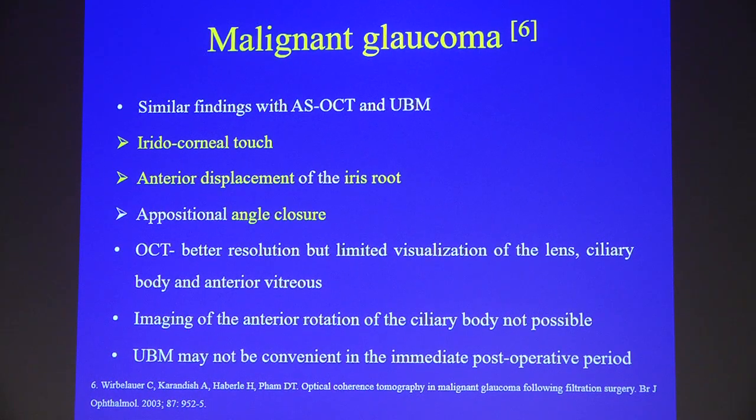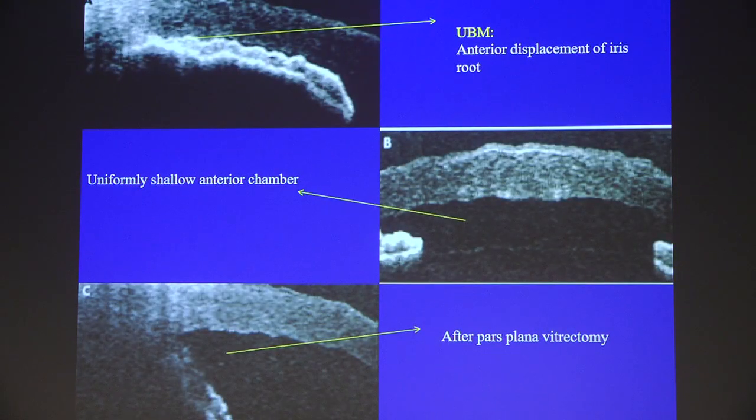Similar findings with ASOCT and the UBM: iridocorneal touch, anterior displacement of the iris root, appositional angle closure. OCT has better resolution but limited visualization of the lens, ciliary body and anterior vitreous. Imaging of the anterior rotation of the ciliary body is not possible, and UBM may not be convenient in the immediate post-operative period. So if you have a look at the UBM, the anterior displacement of the iris root